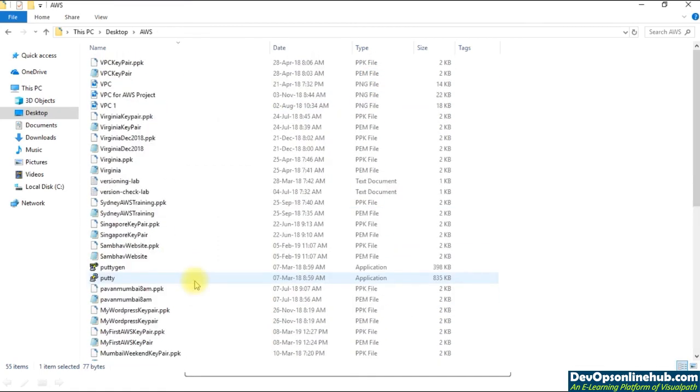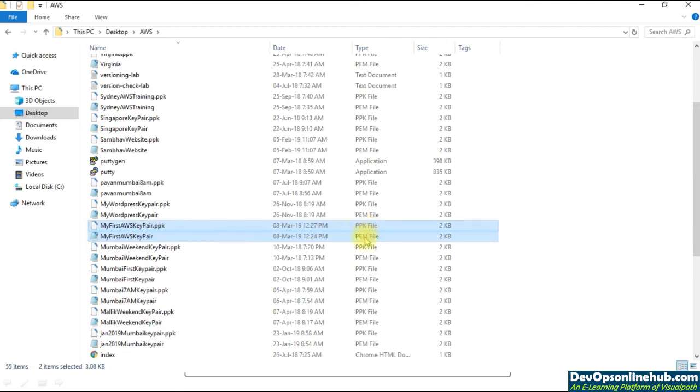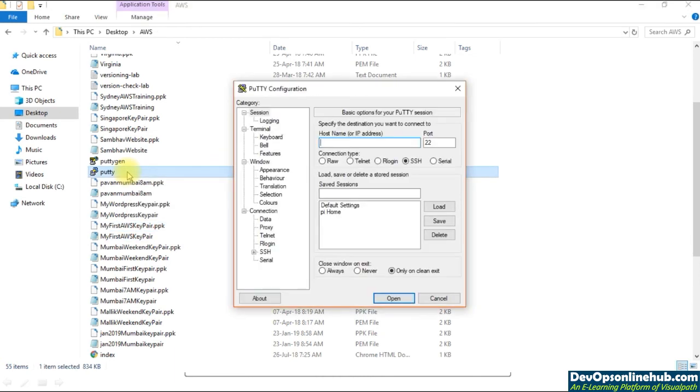I'll refresh the page. So you can see here I have a PEM file and the PPK file, which you can see from the extension as well. Now I'm going to use the Putty terminal to log into this virtual machine. First thing is I need the public IP address of the virtual machine.